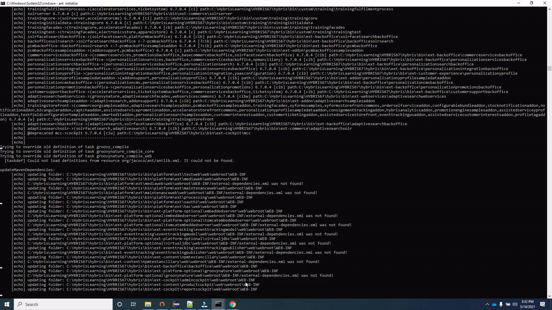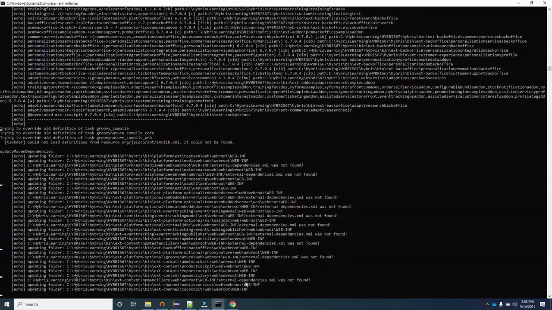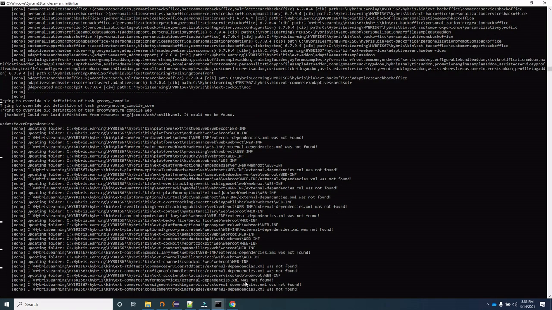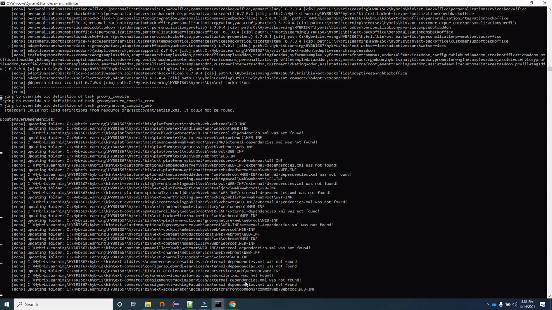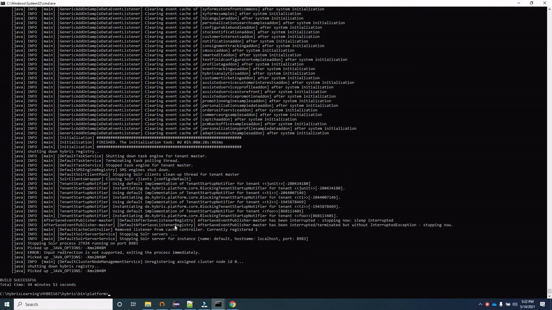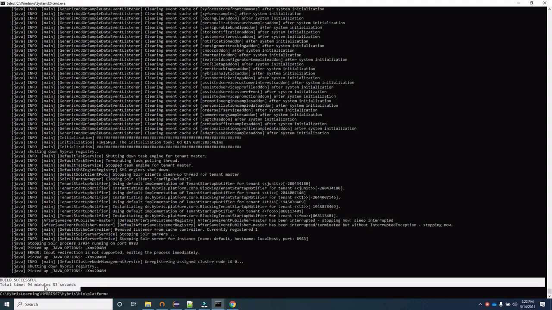In Hybris we have some out-of-the-box feed which is given. When we do ant initialize, those feeds run and the data in Hybris gets created. We can also add our custom data during ant initialize if we want. Now we can see that initialization is done, and the build took around 94 minutes to finish successfully.